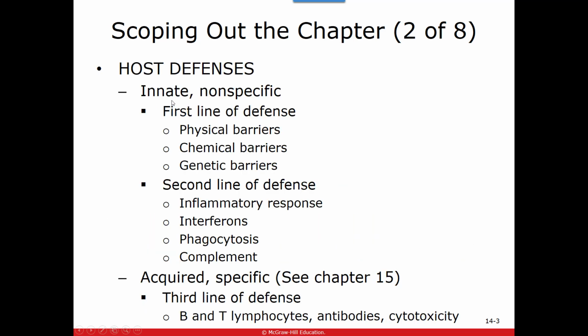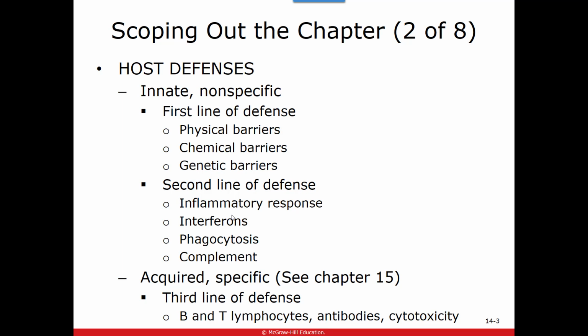We're going to talk about the first line of defense and the second line of defense, which are both part of your innate immune system, which means they're not specific. They're for any foreign invader that got in the body. And then we'll briefly talk about the next chapter: acquired immunity, the fact that it can recognize very specific invaders in the body and tackle them in its own specific manner. This chapter is mostly focusing on these first two lines of defense, the non-specific way our immune system can react